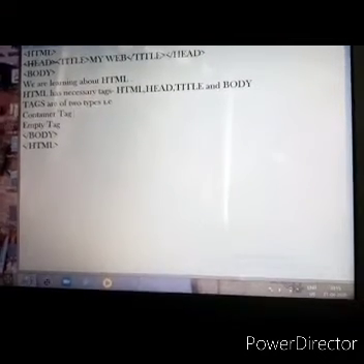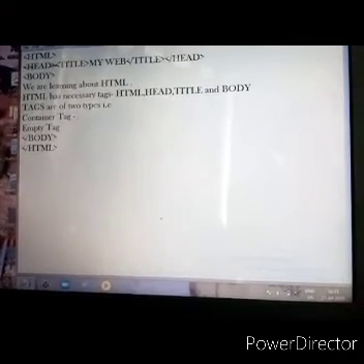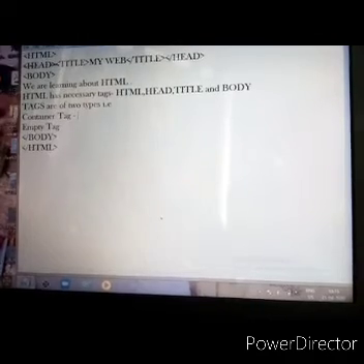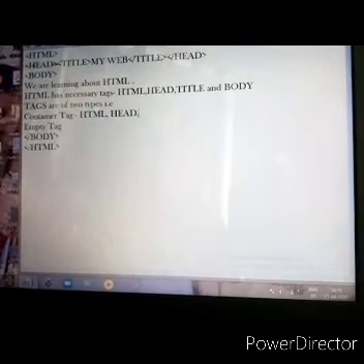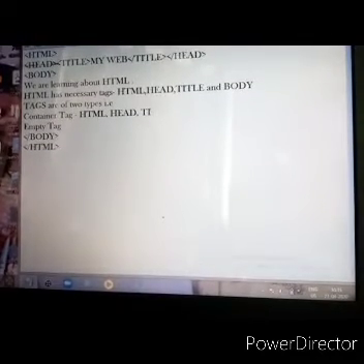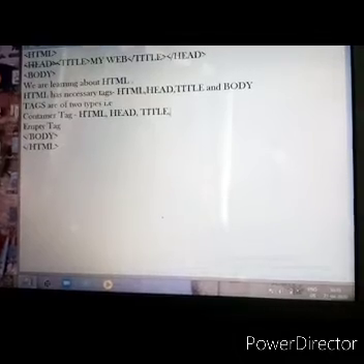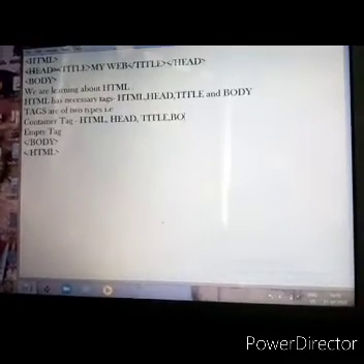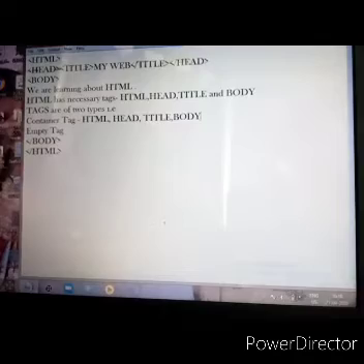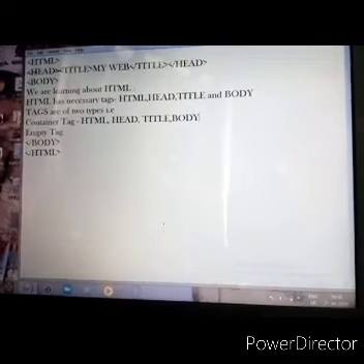Can you tell me an example of the container tag? Container tag example is itself HTML, then it is head, then it is title, then it is body. So these all tags require both the opening and the closing tag.